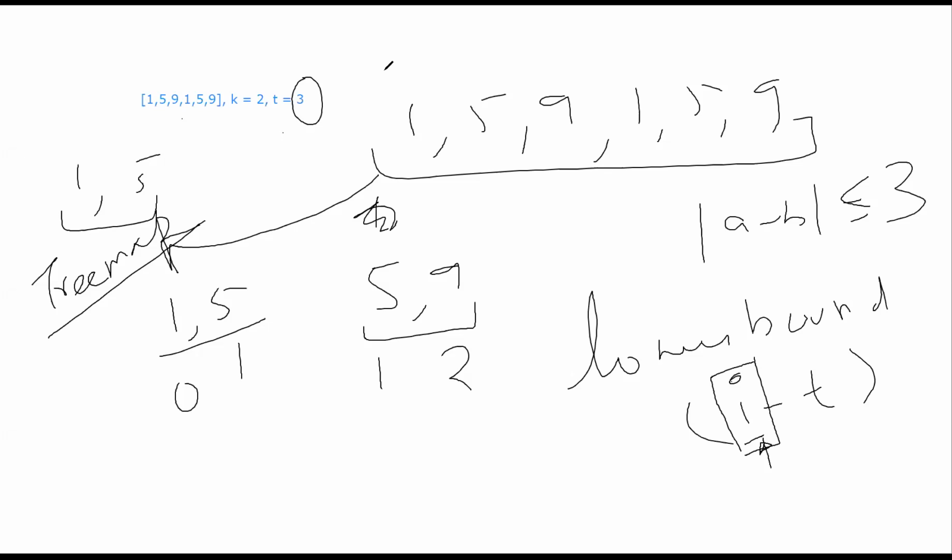And if the lower bound is found, let the variable a equal the map's lower bound of numbers[i] minus t, and if the iterator